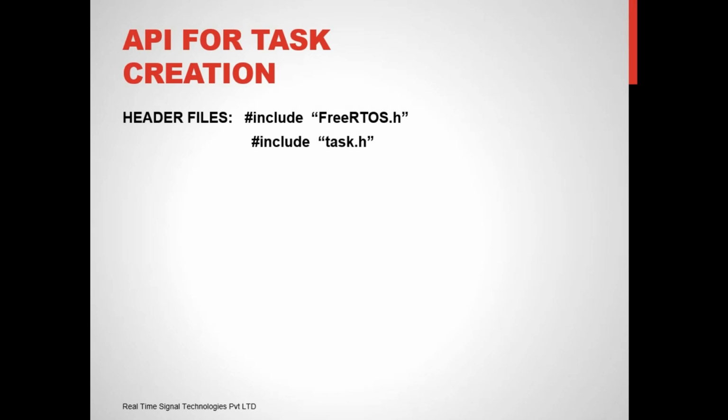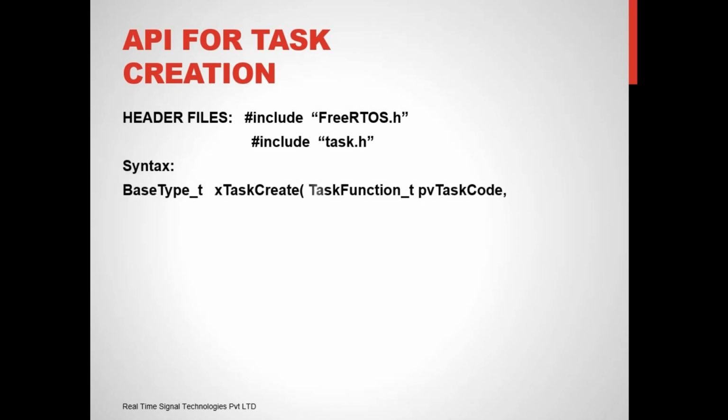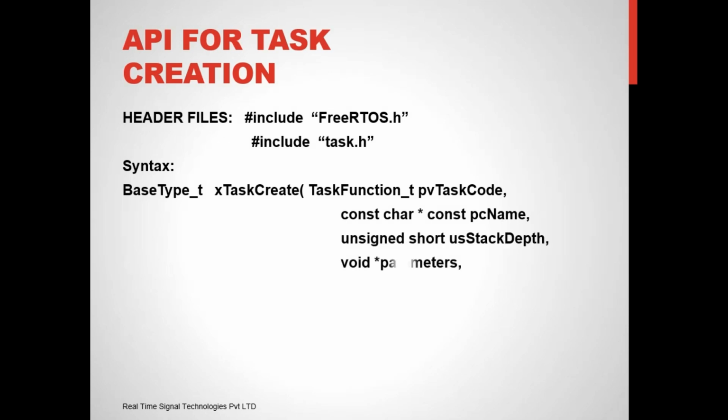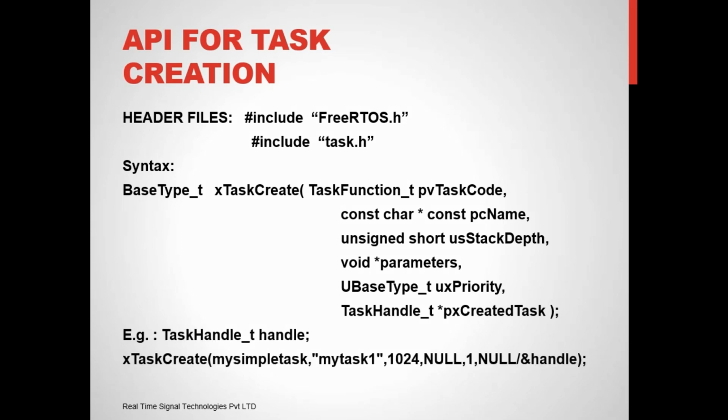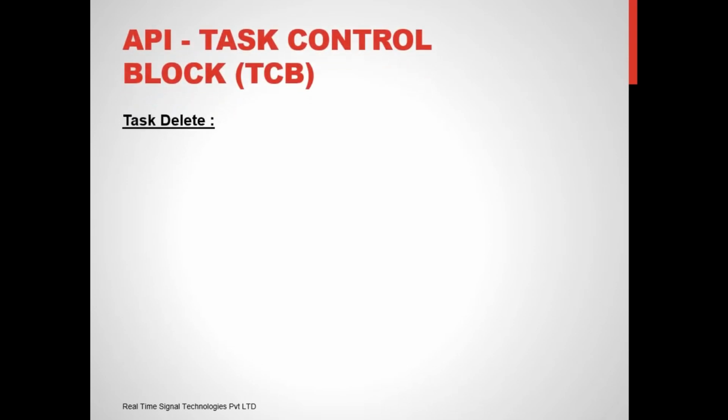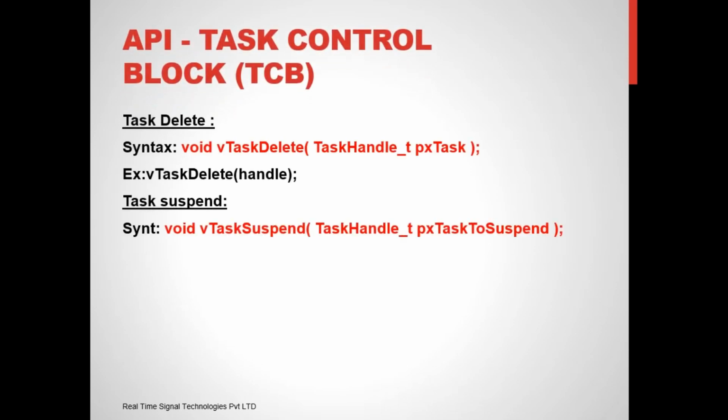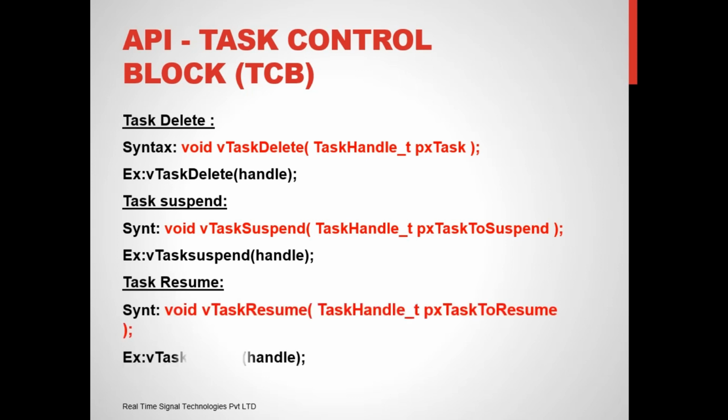We can set how much memory the task will take in the RTOS heap by setting a value for a stack depth variable. We can also set different priority, pass different parameters to the task code. Last parameter, pxCreatedTask pointer, is used to create and store a handle for a particular task. The delete, suspend, and resume functions can use the handle created in the task create function for deleting, suspending, or